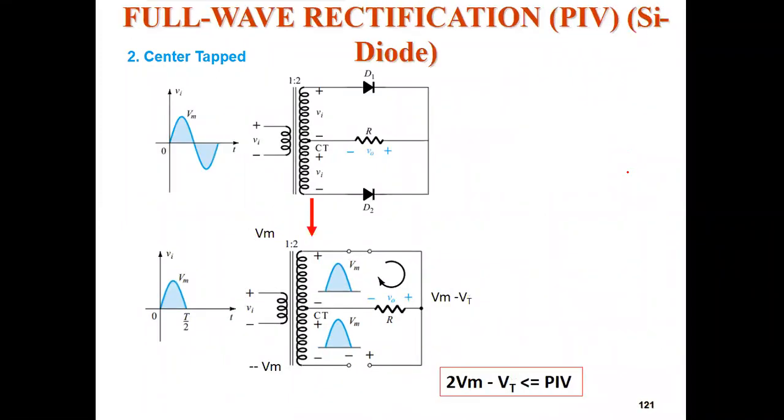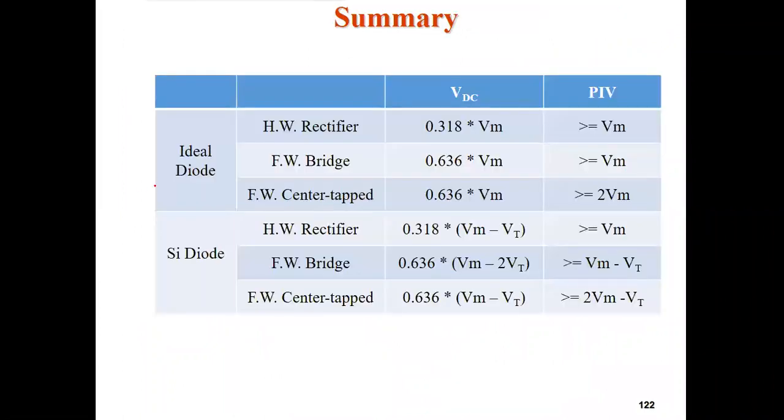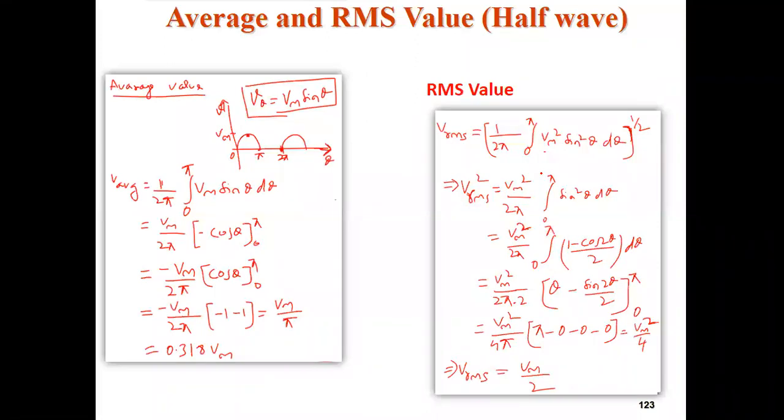What I will discuss next is, yes, this table you can remember. Okay, because most of the time this PIV for the different diodes can be asked as a short question, or during a long question if it is asked for explanation of how you are getting this, that you also have to do. So this thing you have to remember. Yes, this one is important: your average value calculation and your RMS value calculations. Okay, for a half wave rectifier or a full wave rectifier, anything may be asked.